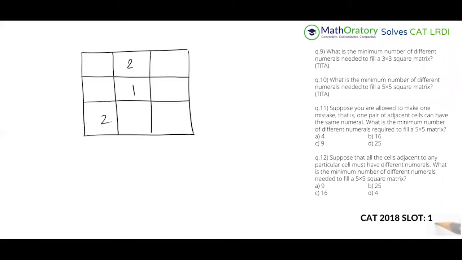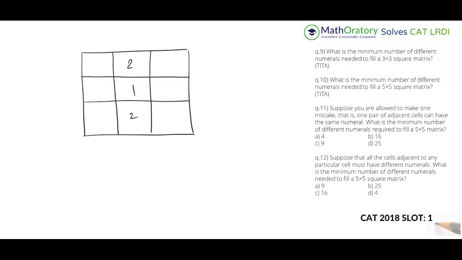I could have put the 2 here and here as well, but I'm trying to keep a bit of parity here, just to maintain that parity, so that there is not too much restriction. So let's start with 2 here and see whether this works out or not. If that is creating too many numerals, then maybe I'll take the other case into consideration. Similarly, I can put a 3 here and a 3 here, right? If we start with 2 and 2 here, now if I put a 3, that anyhow restricts the number of 3s, so you need another numeral any which way, right?